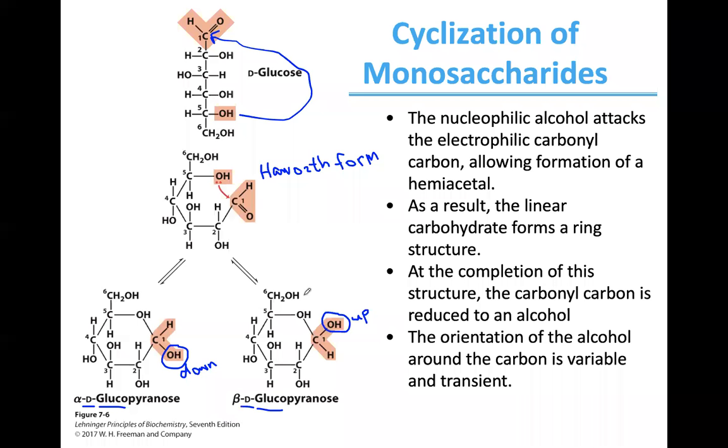So this carbon here, the carbon that was the carbonyl, is known as the anomeric carbon. And these two structures, alpha and beta,